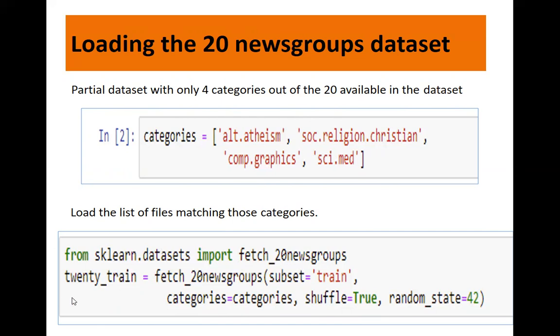Now what we need is to create our training data. As we are not using the whole data, we are using part of it and naming it train. What data should it have? It should have the data which has these class labels. What are these class labels? We already mentioned them. So we say select the data which has these 4 class labels. Is it fine? And then next we are saying shuffle equals true.